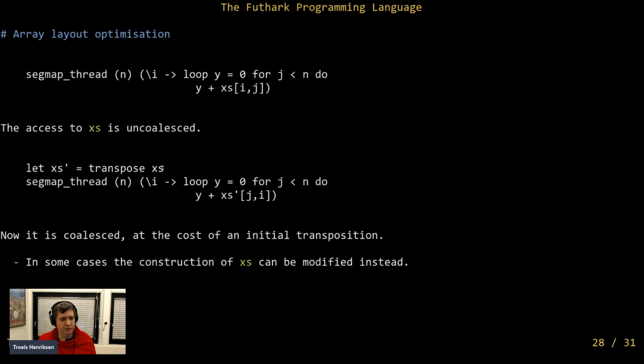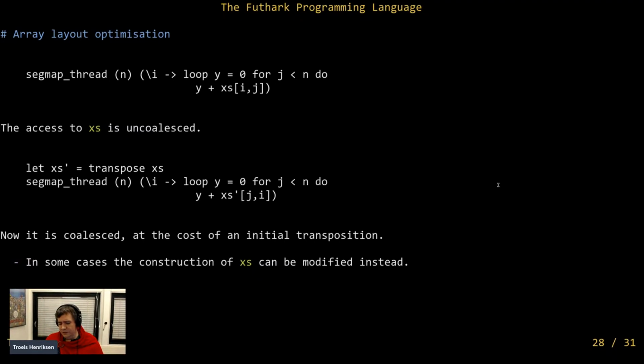But if you have an efficient transposition kernel, then you can do that in the cost that it takes to copy the array, essentially. So many Futhark programs would actually spend more time transposing arrays to make sure that the memory accesses are all coalesced, and then running the subsequent code takes just as long. This is definitely worth it. And of course, in some cases, the compiler can further optimize and look at, well, where does this array come from? Maybe we can just construct it immediately in column major form, wherever it comes from. But in some cases, that's not possible, or you just move around the problem. But these transpositions are usually a good idea.